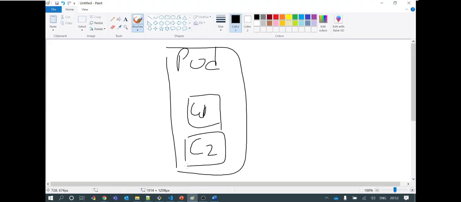The preferred way is to have one main container, say C2, and other lightweight helper containers. One can be an init container that starts and does a task, and then the main container starts using the task that the init container did as pre-work for the main container.